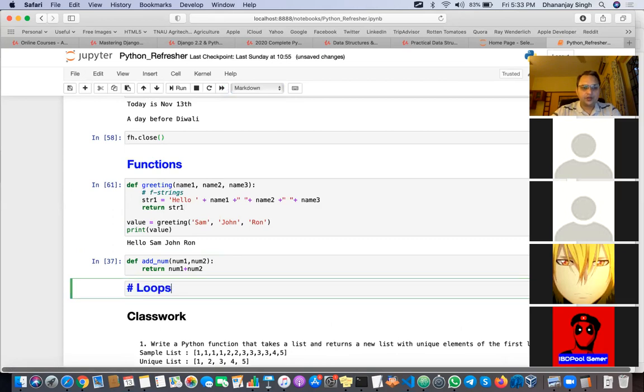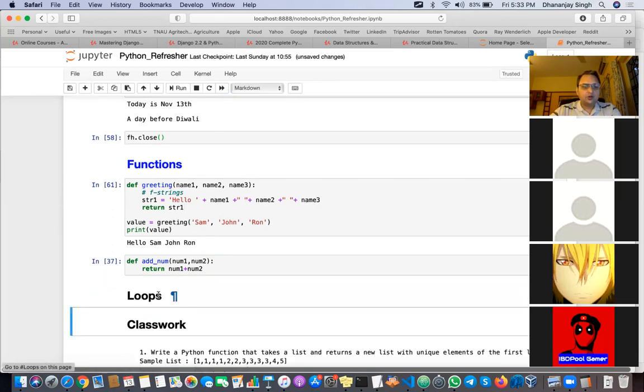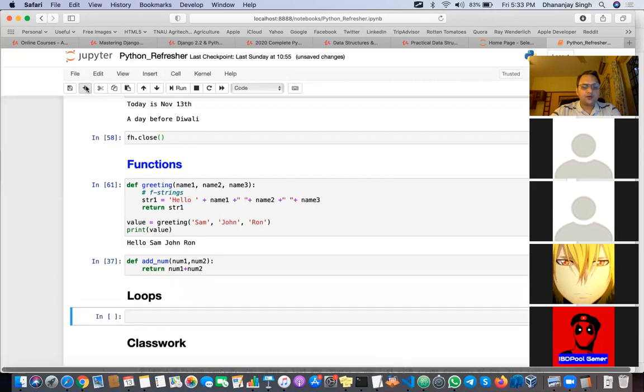loops. Okay, so now in loops, you have two kinds of loops. You have this while loop. You use loops to go over something again and again. You want your code to keep on running. So loops are another flow control statement. You want your code to keep on running, and you want to exit out of the loop depending on some condition. Like, for example, you have created a game loop, or maybe a very simple example is